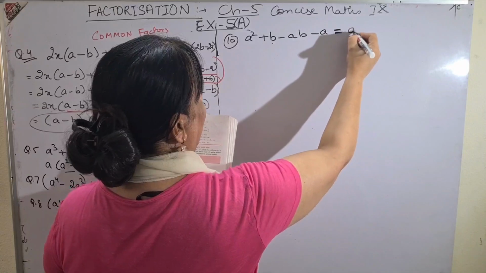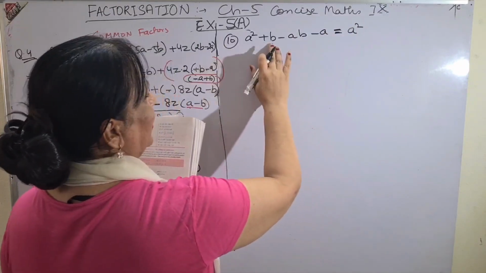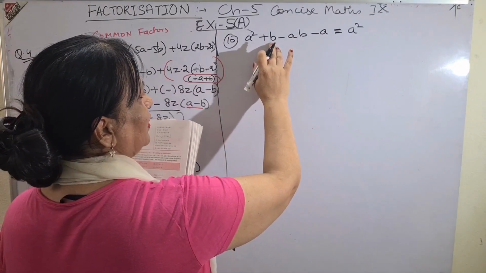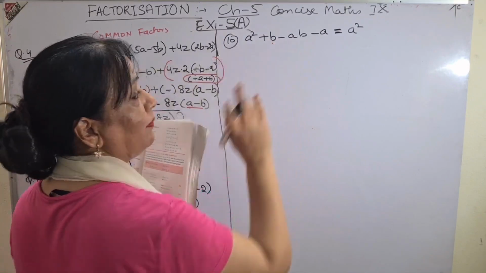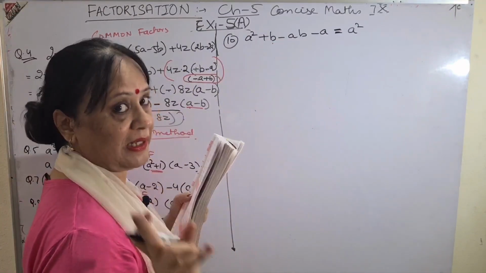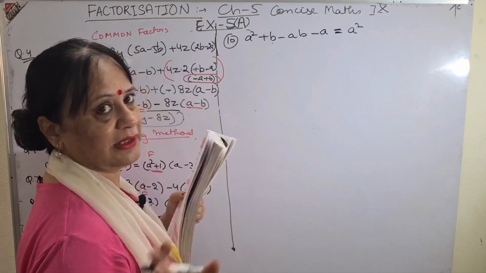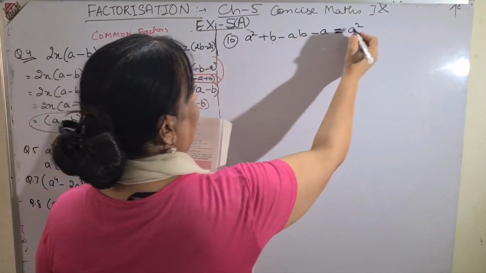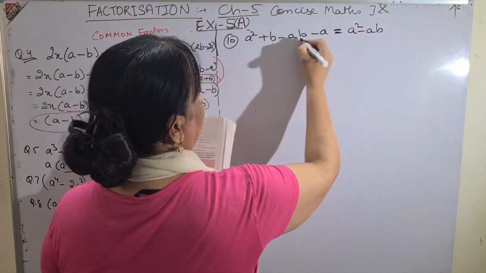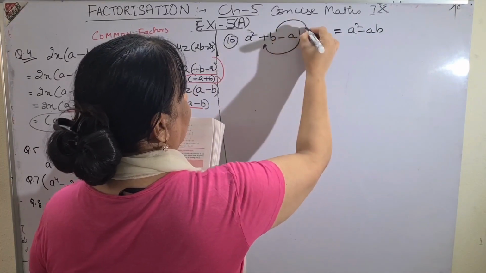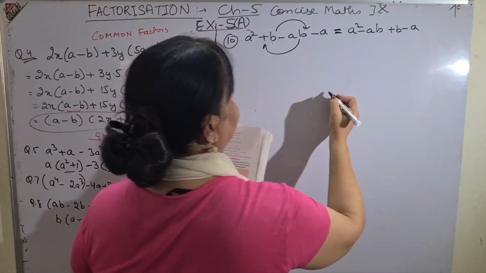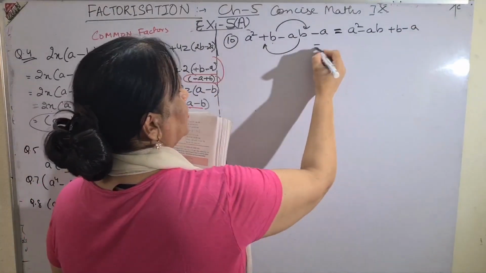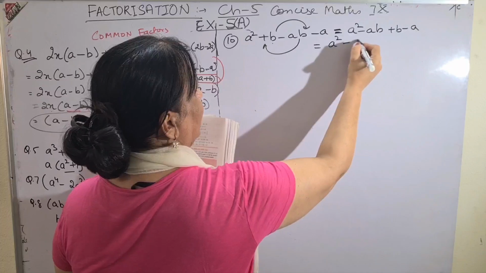And now you will ask me how you will find it, because I am not getting anything common from the first two terms. And this will give you the idea that something has to be done. And secondly, practice. Remember children, practice. If you will practice, nothing is difficult. A square, I took minus AB at the second place and brought B to the third place. And this is my expression.